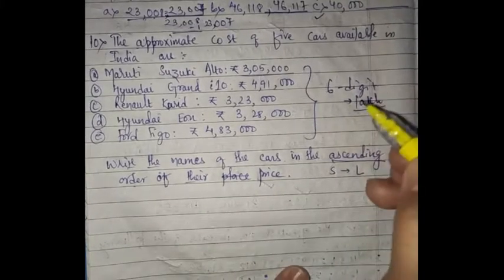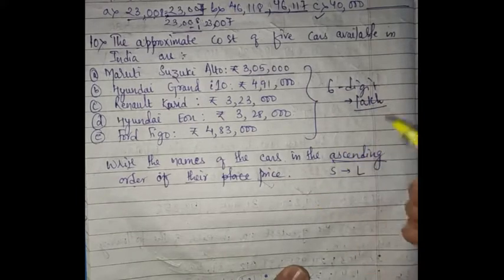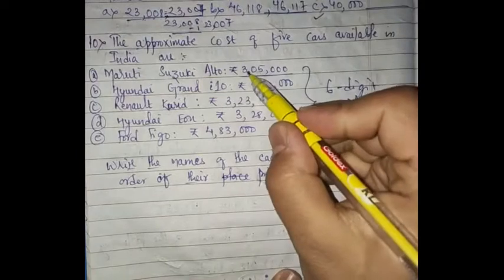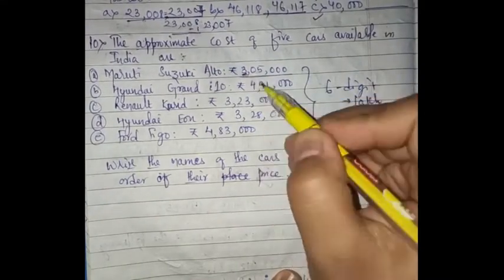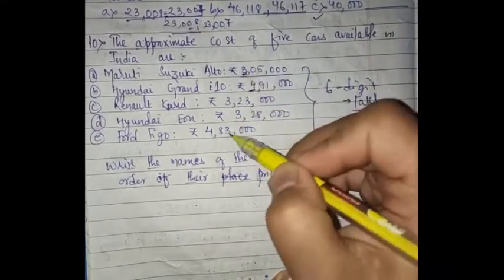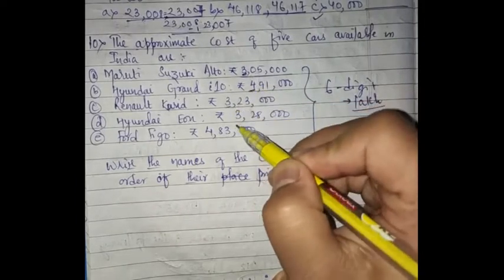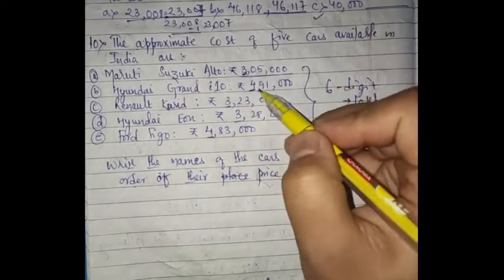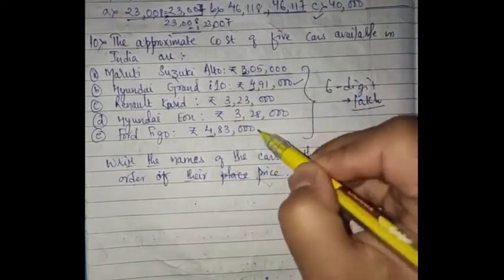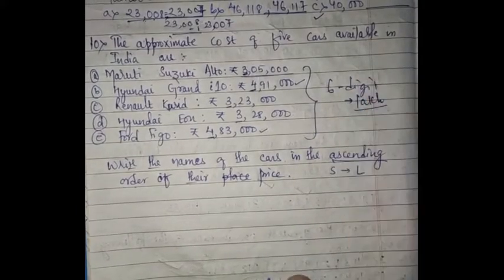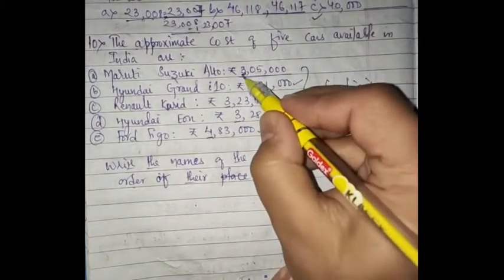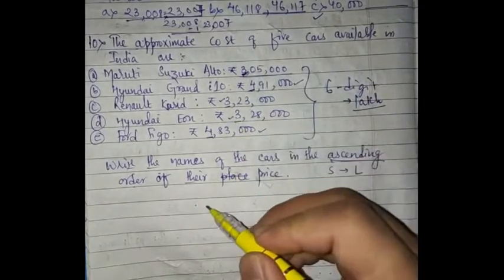So it will be easy for us to choose the smallest number first, right? So among this, from the lakh position you have to choose, because they are all having 6 digits. 3, 4, 3, 3, 4. So 4 is the greatest number. So between this and this you have to choose the smallest number. So between the 3s you have to get the smallest number.